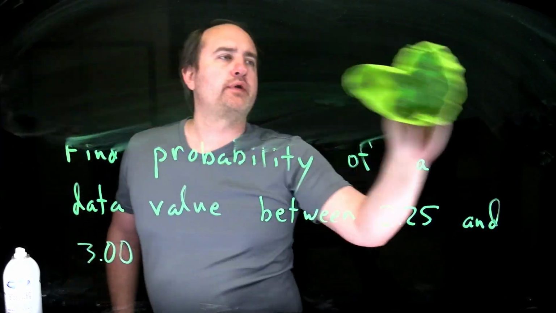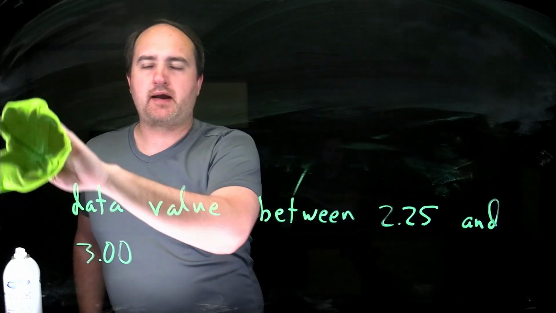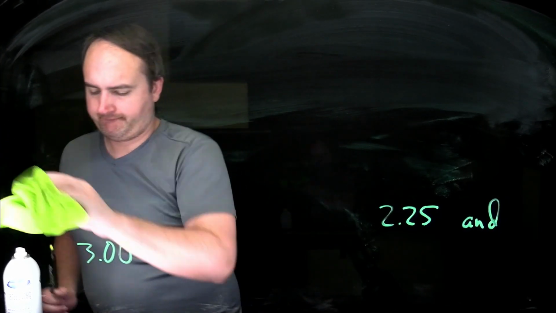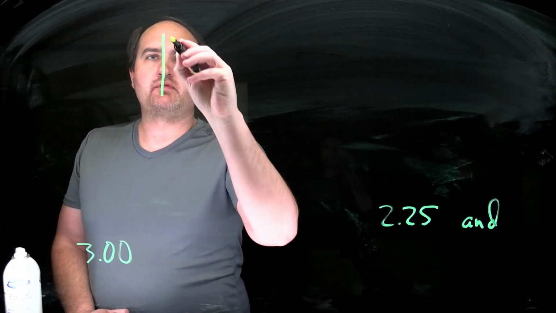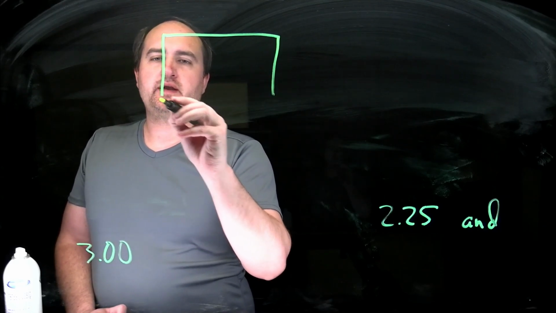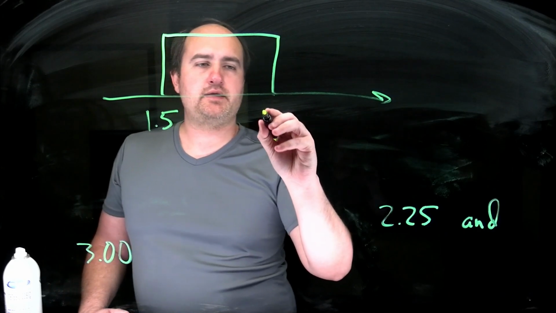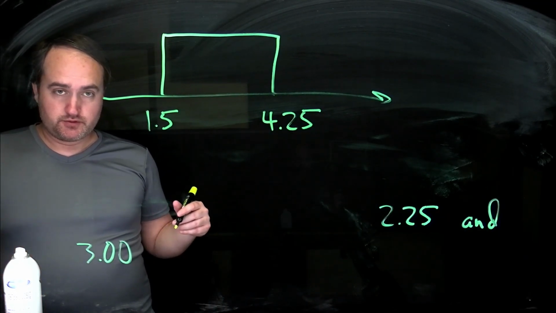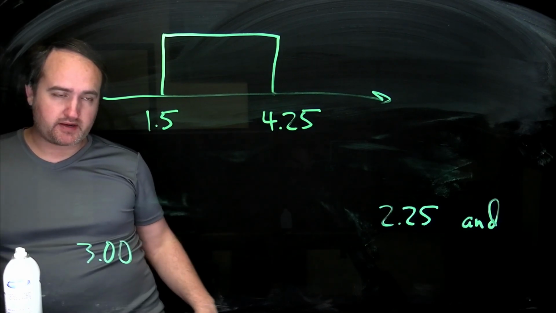1.5 and 4.25 is what our actual rectangle is going to look like. So just real quick, we have a rectangle that instead of starting at 0, we said it started at 1.5 and it ended at 4.25. And then they asked us to find the probability, which is the same as the area of the rectangle,